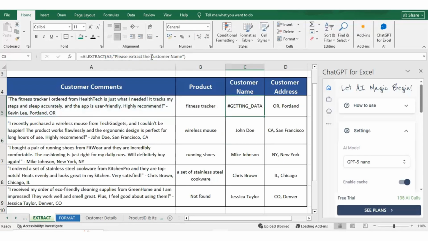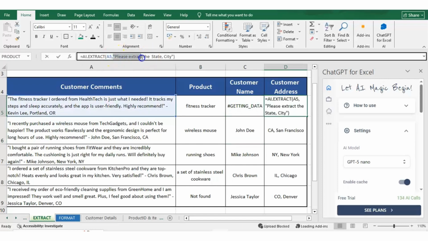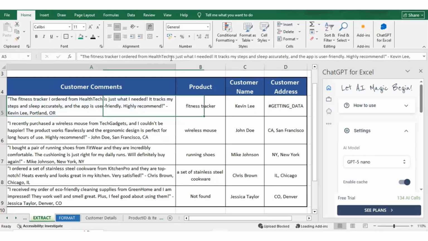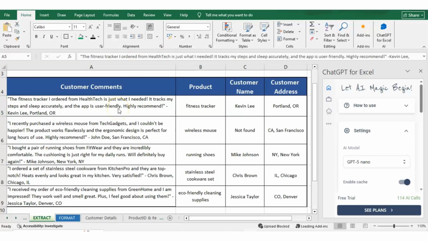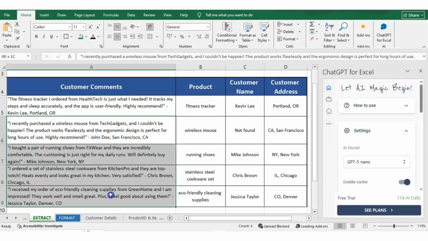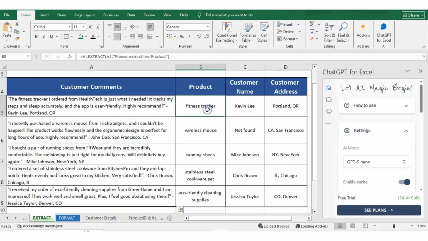Then we will use the same function but a different prompt, which is please extract the state and city from the comments we have. So this way we will write 3 different prompts just mentioning what has to be extracted from the comments mentioned in cell A5. On similar lines, for these comments, we can use the same formula to extract product, customer name, and customer address